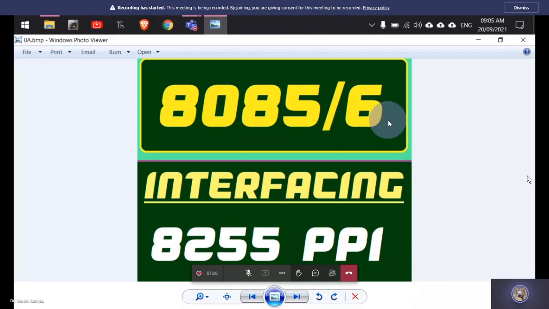But a computer system is essentially made up of all the other things. Like you need to have a keyboard, you need to have a display unit. So these all things also need to be connected. So in that line only, we are going to start the interfacing of devices and the first device that we are going to take is 8255 programmable peripheral interface. So 8255 is just the number of that IC, and PPI means programmable peripheral interface.